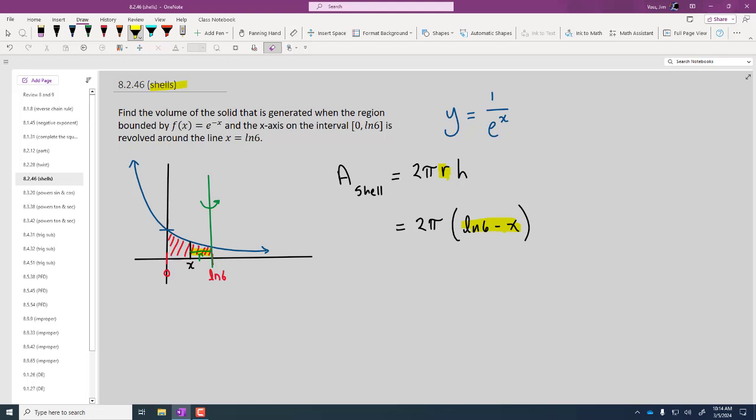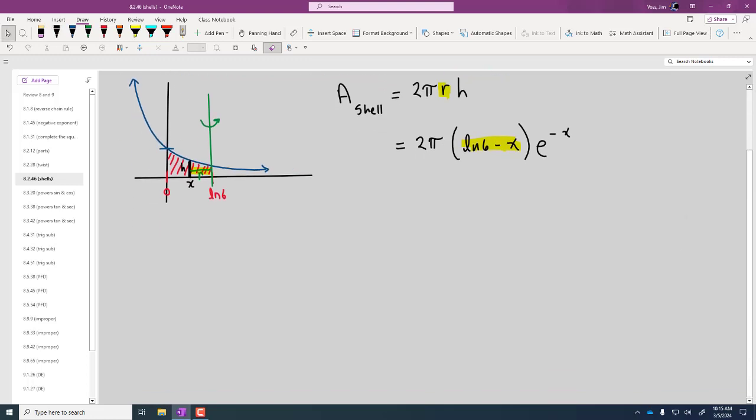Okay. And then the height, this is the function. The height is the function. It's e to the negative x. Right? The height is right here. It's whatever that distance is from the x-axis up to the curve. Well, that's what the curve measures. If you plug in an x value, it tells you what the distance is to the x-axis. So that is the height of our corresponding cylinder. So there is the area